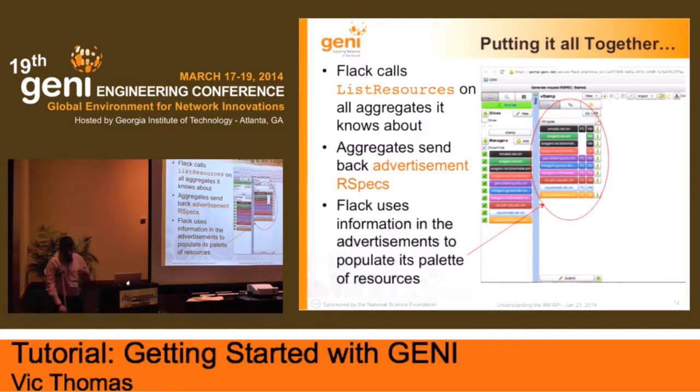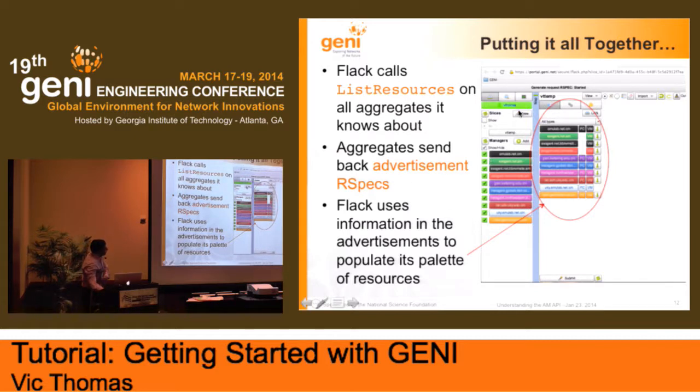Just to understand how all this worked before lunch, the exercise you did: when you loaded up FLACK, remember it took a long time as it talked to every aggregate. What FLACK was doing was, it has a list of aggregates. It was talking to each one of them, asking about your advertisement, asking for an advertisement RSpec. So it did list resources on each aggregate saying, tell me the resources you have. And based on the answer it got back, it populated this,